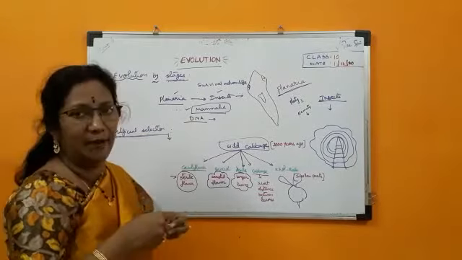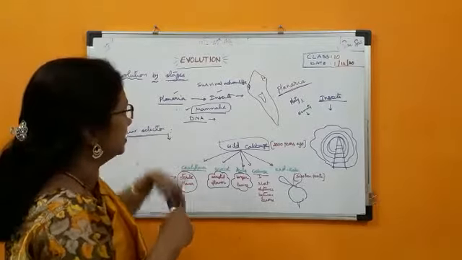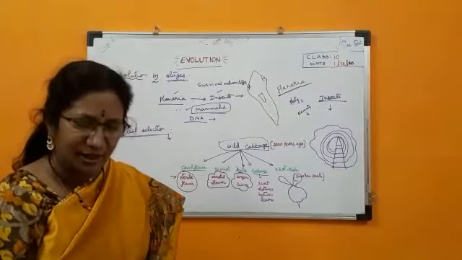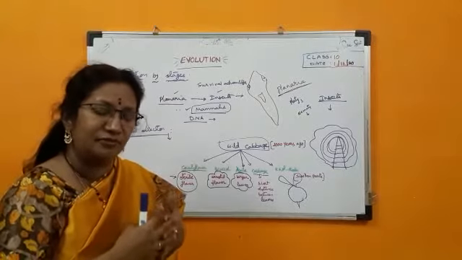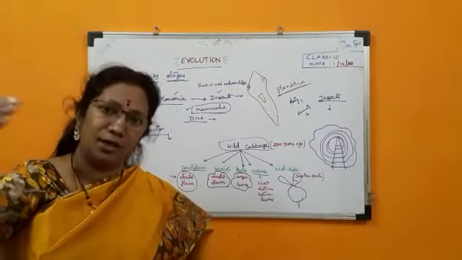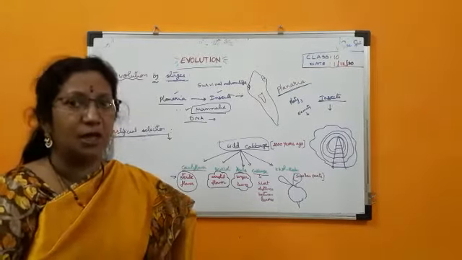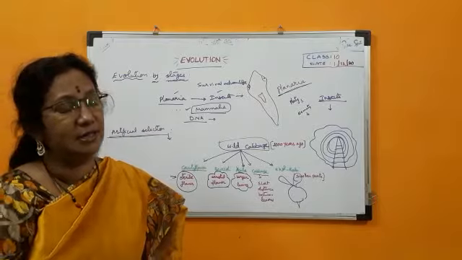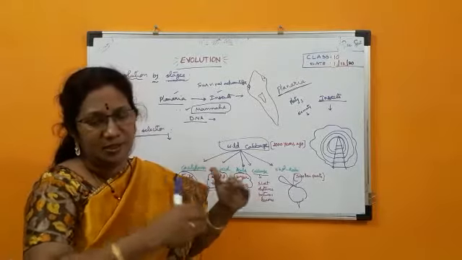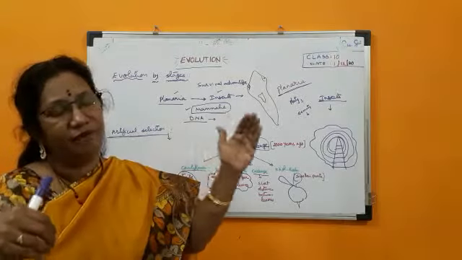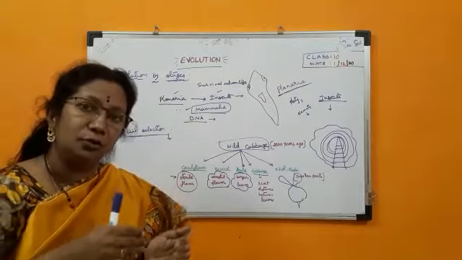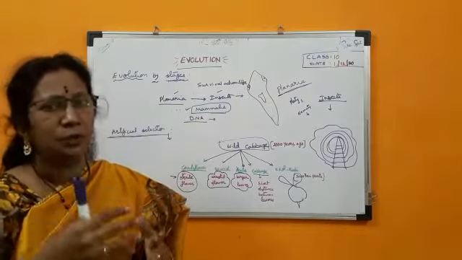Then what else do we have to discuss? Based on this lesson, what you understood is that every organism has its own survival tendency. If it has a survival tendency, it can survive for a longer time and produce its offspring. If it does not have that survival tendency, what happens? The organisms will perish and die. And in this process, every intermediate stage is also accepted by nature. They too will grow into new individuals.